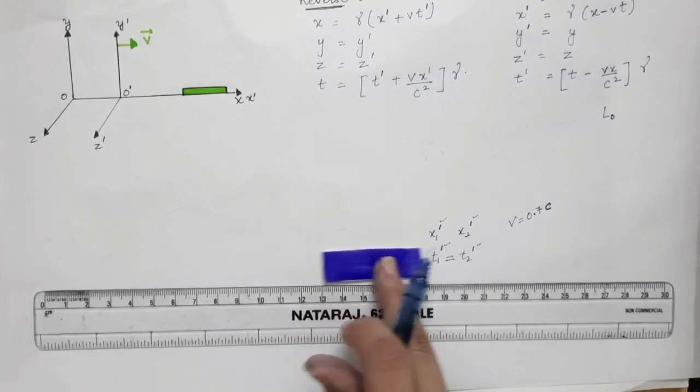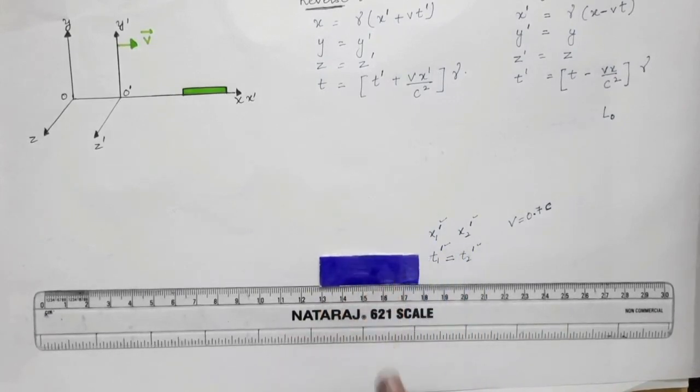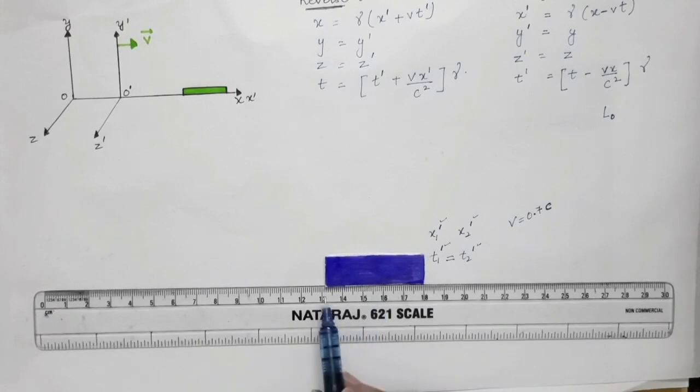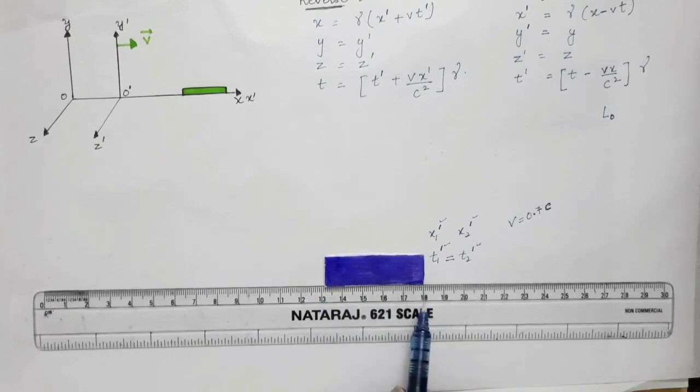When the object is at rest, in that case you can take this coordinate and this coordinate at any instant of time. You can take this at one time and measure this coordinate at another time. There will be no error in that case because this object is stationary. So this coordinate is always 13 and this will be 18 if this object is stationary with respect to you, and subtraction of these two coordinates will give me the proper length.